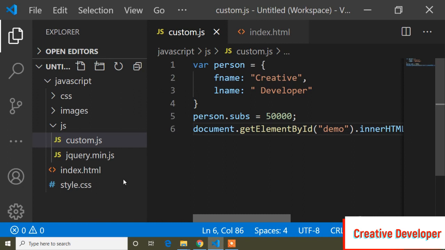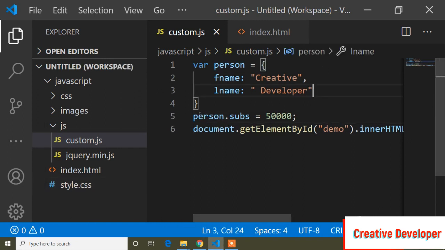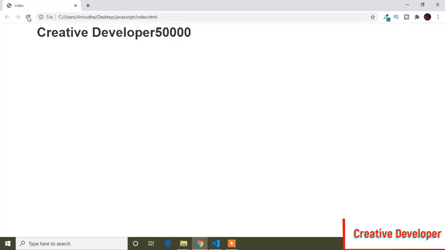So guys, I don't need to add this property inside the object. I can call it outside. I can write it outside. Here you can see I wrote it outside, person.subs, and I print that. So now I have to add space. Here I will add space, so it will add some space here. You can see it's added some space here.